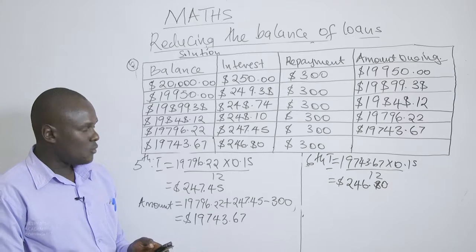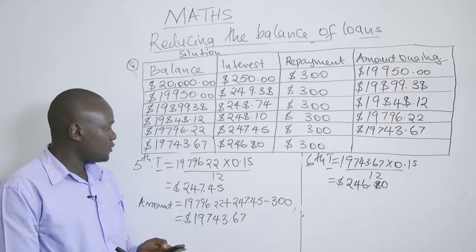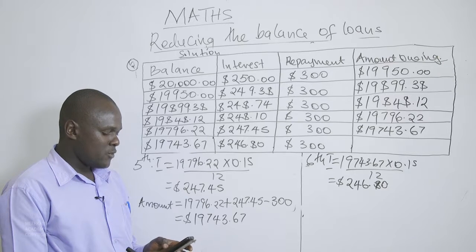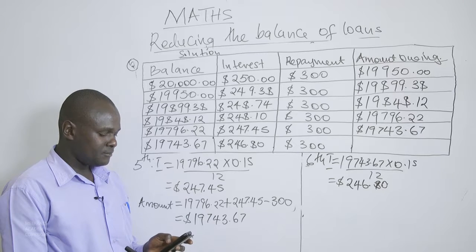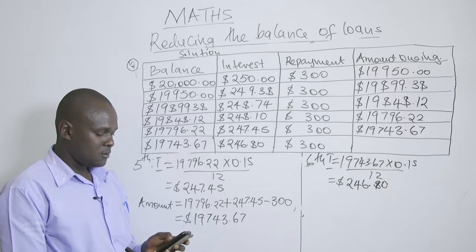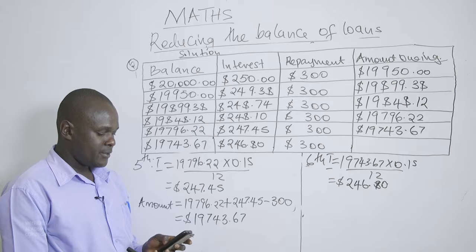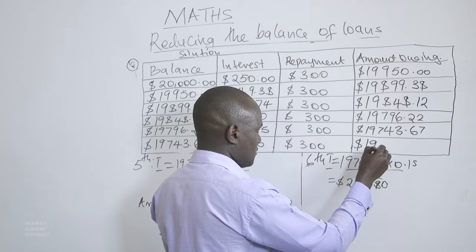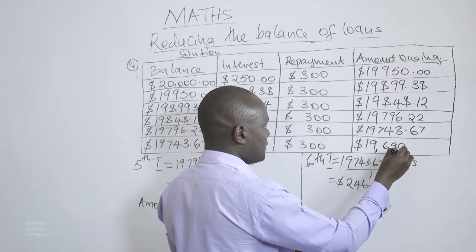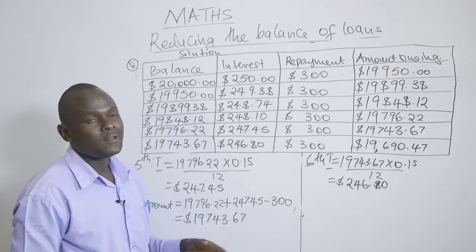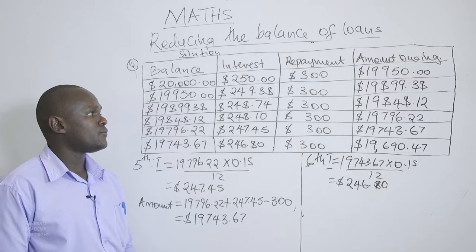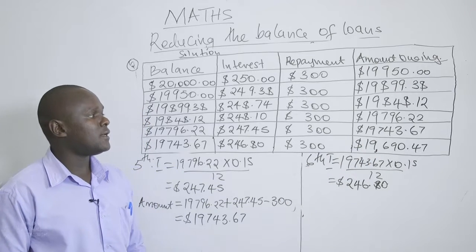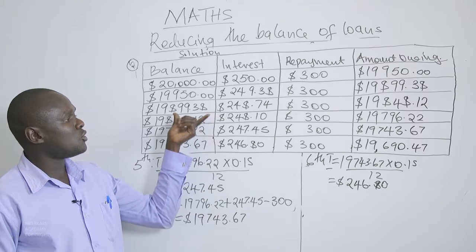The answer is yes. We simply take the loan balance, which is 19,743.67. We add on the interest that has accrued on the same balance, then we subtract the repayment, and this will give us the amount owing as 19,690.47. So at the end of the 6th month, you will discover that the loan balance will be 19,690.47 from the initial loan that was borrowed, which was